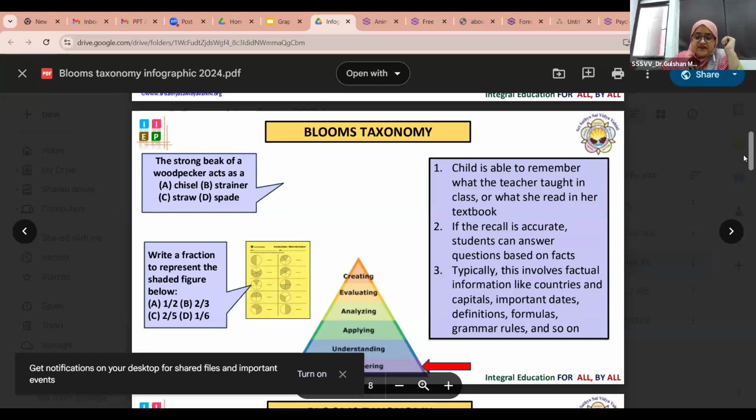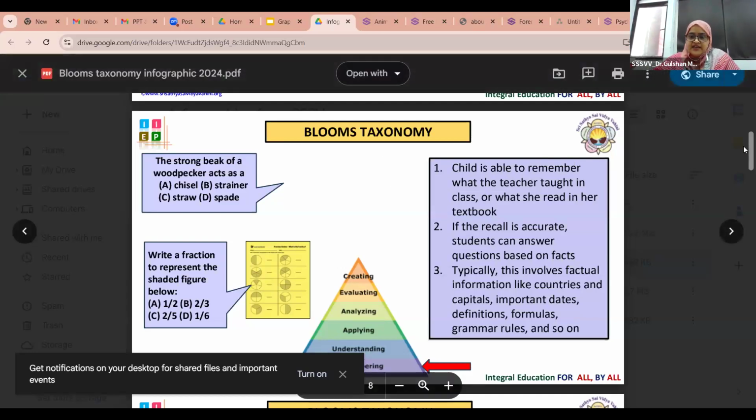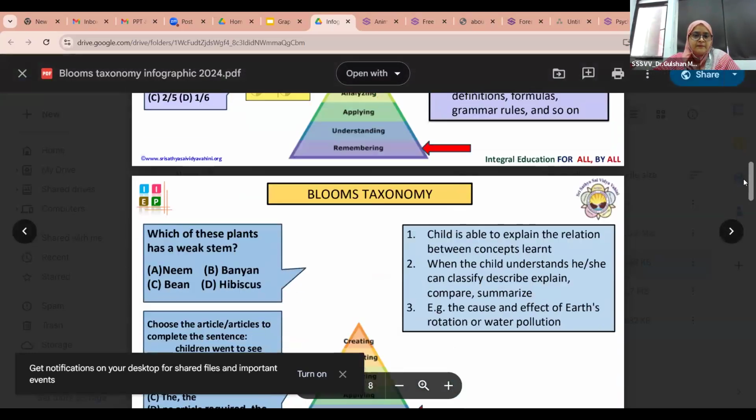And obviously when we are developing question papers also, we have to use those action verbs as the objectives of the test. So you can see how Bloom's taxonomy has been used here in creating the questions.